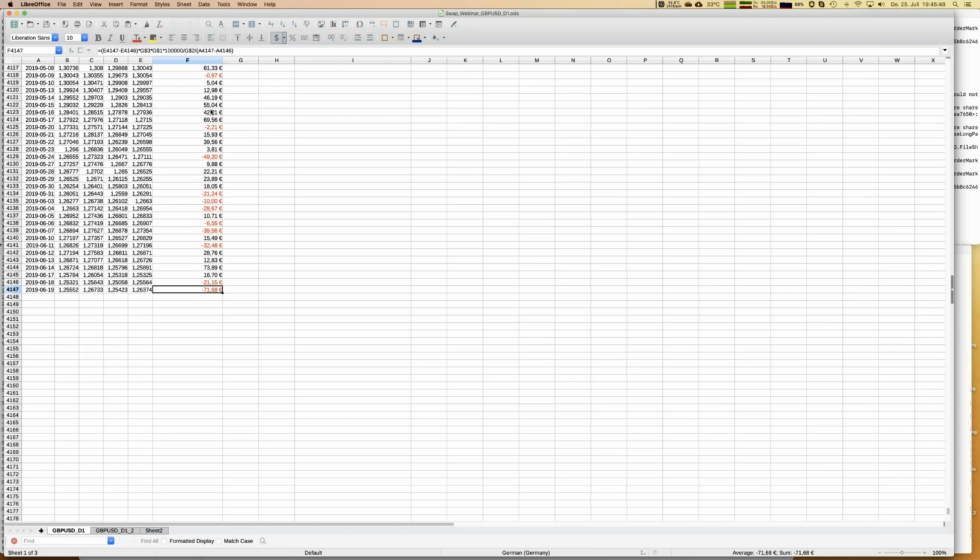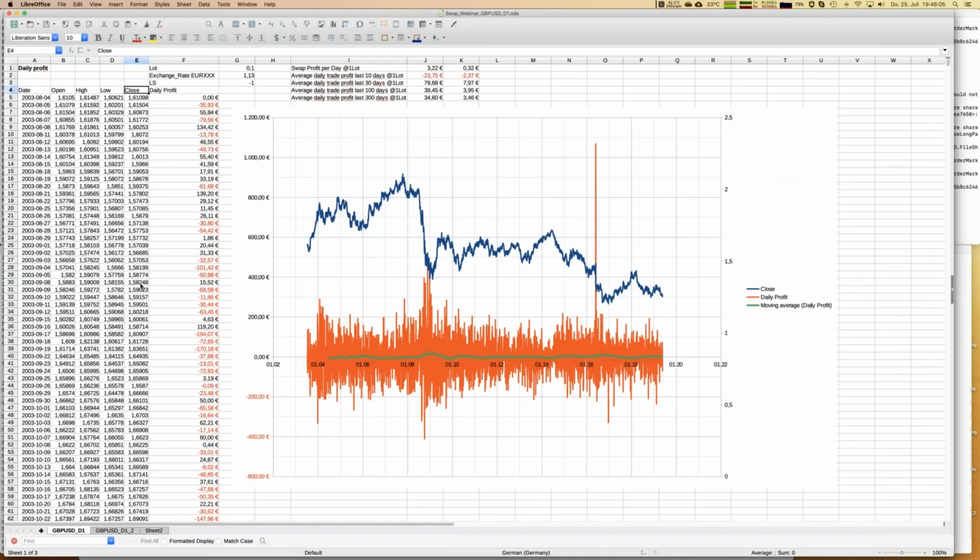From one day to the other, we might earn 50 euros or we might lose 70 euros. But on average, and I switch back to the picture, on average, the numbers going short are positive. As you can see, if we look for the last 300 days, all the daily changes, we have for one lot trade 34 euros. That's a good hint to have short as a preferred direction. So let's take that as a confirmation.